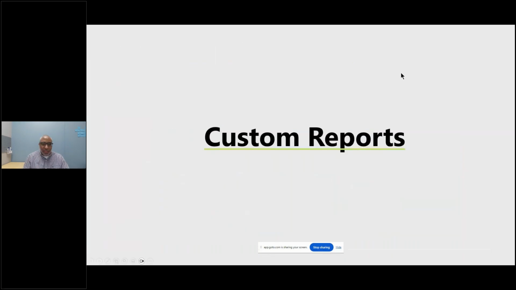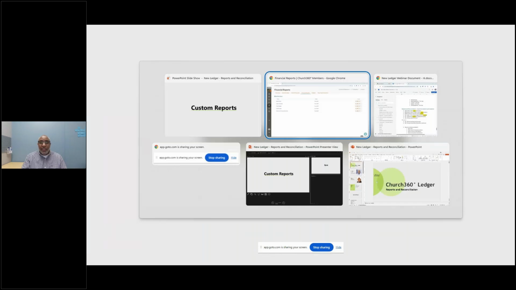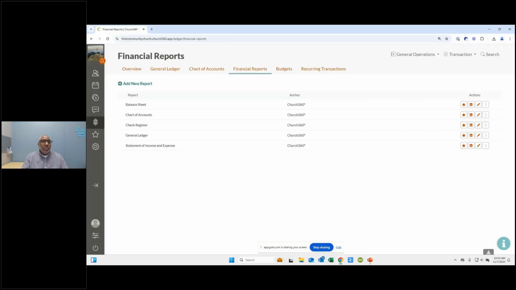Okay, so custom reports. Basically you can customize the reports that are here inside of New Ledger. So you can modify a report that's here, or you can go to add new report and just create a report from scratch. So why don't we start and click here, click here.